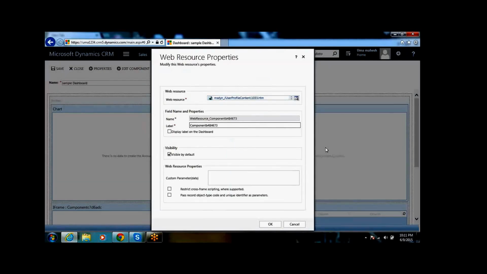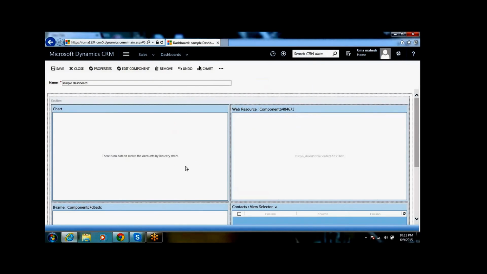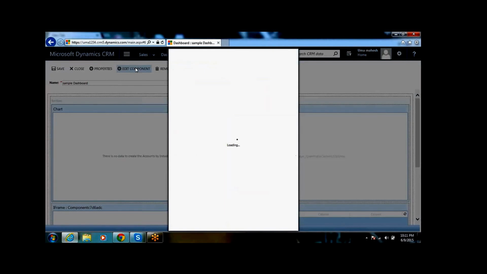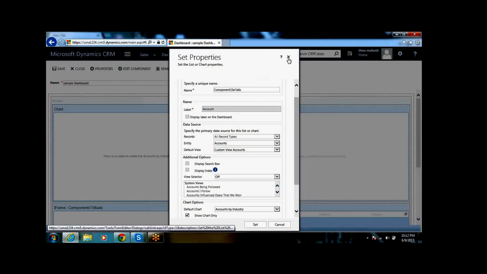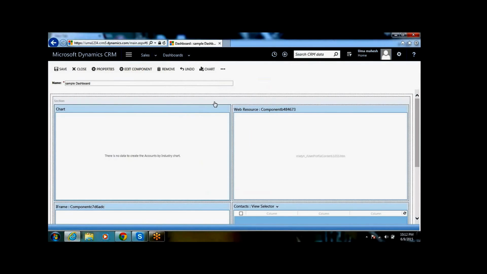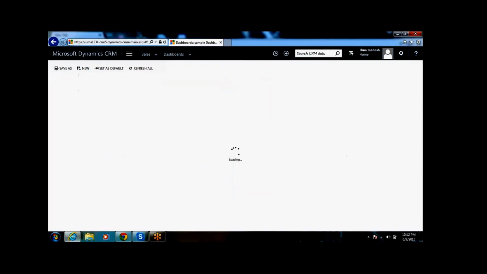We have selected this component, so we can edit it. For example, by editing the component we can change the chart. So this is the dashboard creation. Once we save and close, it will list our dashboard.